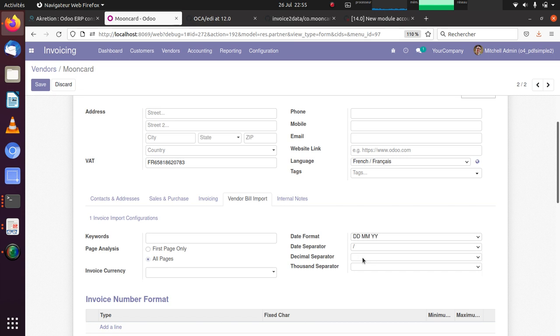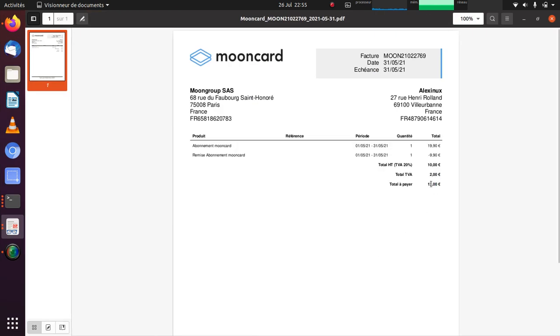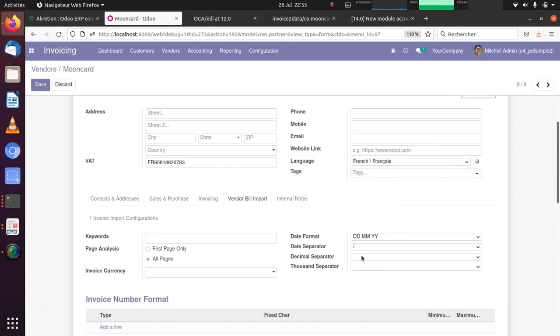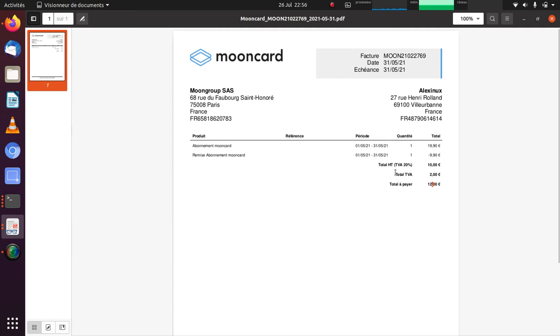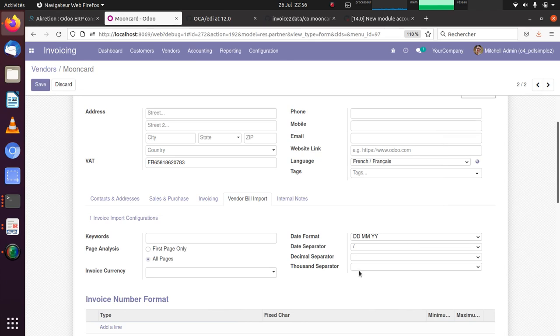Then you have to tell it about the decimal separator. In this invoice, as you can see, it's the comma. So I can select comma as decimal separator, but in fact, comma is the default decimal separator in French. That's how the French language is configured in Odoo. So I can leave it empty. It will use the decimal separator of the language of this partner. Same for the thousand separator. Sometimes there's none; it can be space, dot, comma. In French it's space, but here there are no amounts above 1,000 euros, so it's not a big deal.